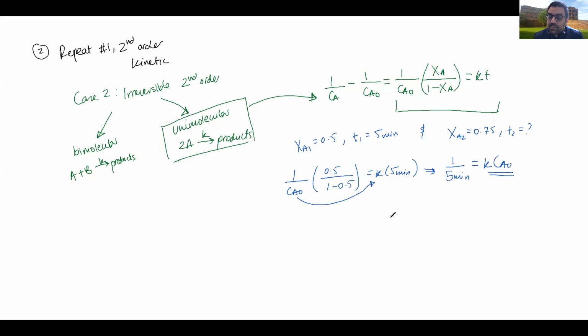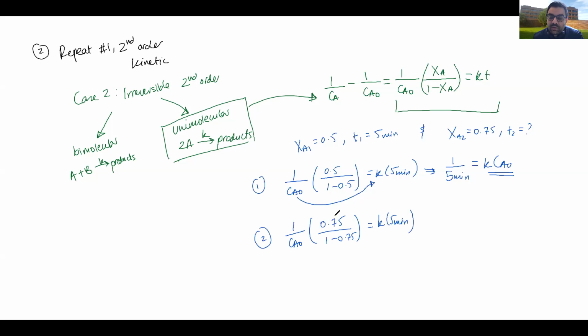I'm just lumping my unknowns, and this makes it easier to reach my solution. It's just a manipulation because you don't have enough information to get 2 separate constants. Once I have K Ca naught, I'm going to plug it into the equation a second time. So I have 1 over Ca naught for the second scenario. Let's write this is 1 and this is 2. Xa2 is 0.75 and then 1 minus 0.75 is equal to K